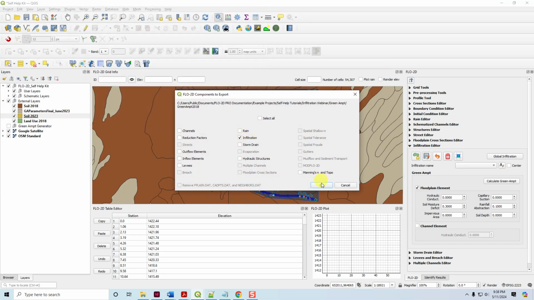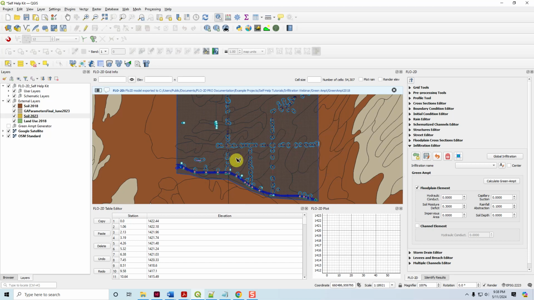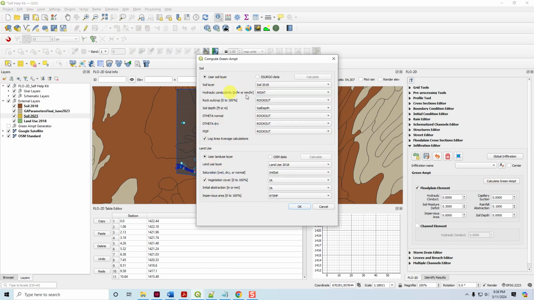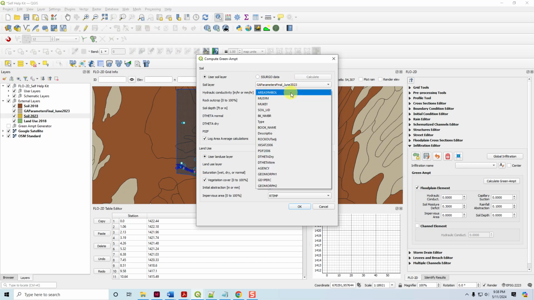I'll just export infiltration. Okay, and we're going to come back to that in a few, but before we come back to that, let's change gears and show this different method. So now we're going to use the 2023 method, so we can either pick it up off of the Green Ampt Final 2023, and in this case, for the hydraulic conductivity, we'll pick up the XK sat from